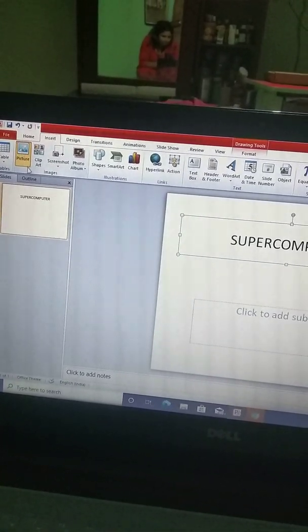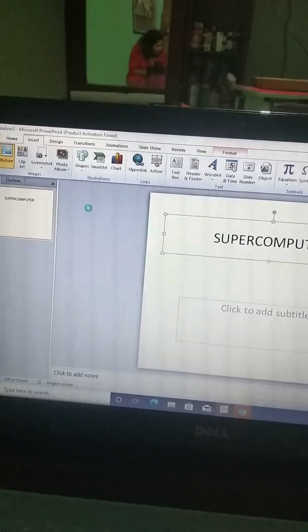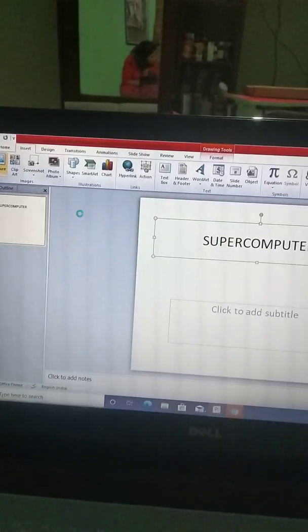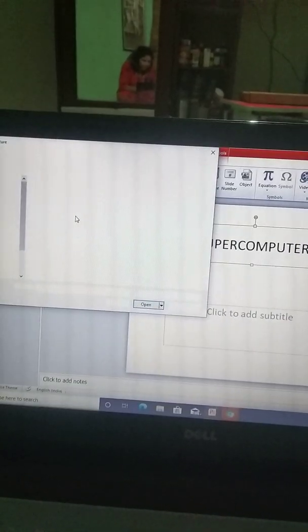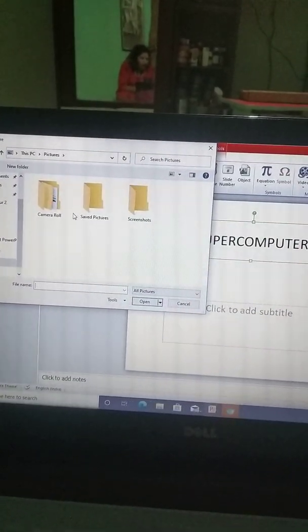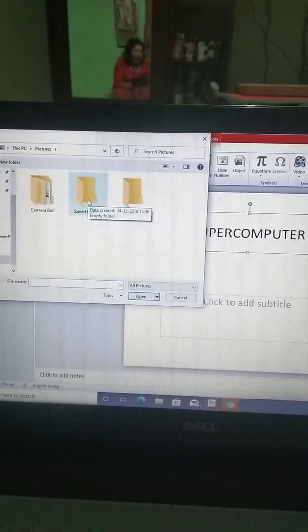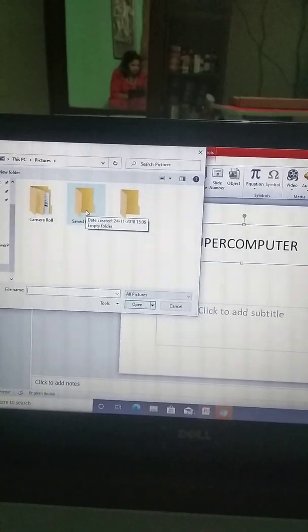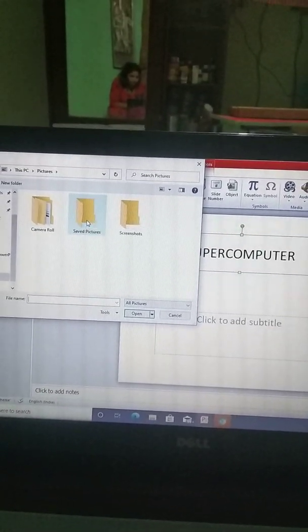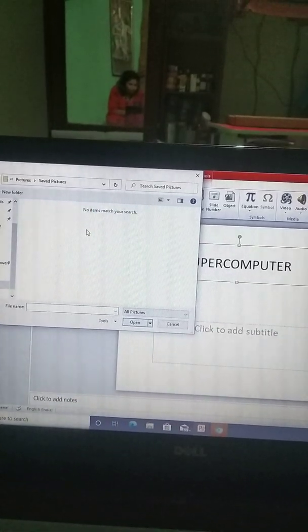Okay. After that, when you have clicked the picture button, there are some images in the picture button. Okay, from here you can choose any kind of pictures.